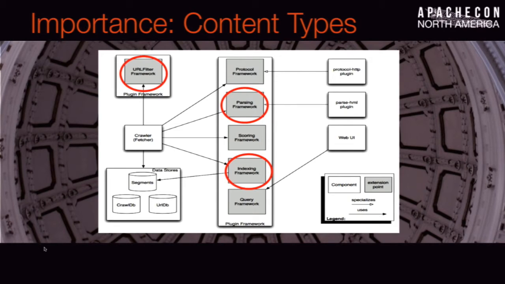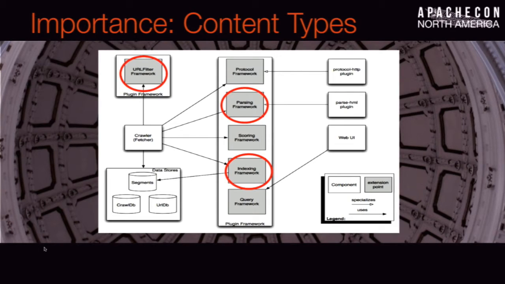If I'm building a vertical news site, I might only want to go after RSS files, really simple syndication or news feeds, and ignore everything else. If I'm building a site that's going to build a digital library of PDFs, I want to go after all the PDFs and ignore everything else. So in URL filtering, knowing the content type from a search engine is really important. In parsing, it's really important.